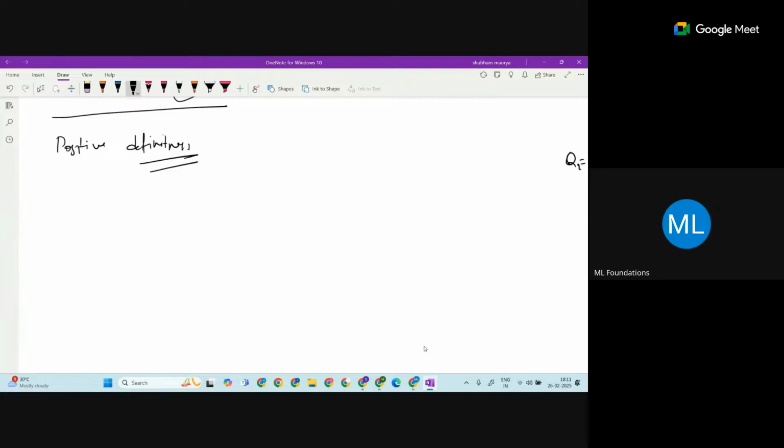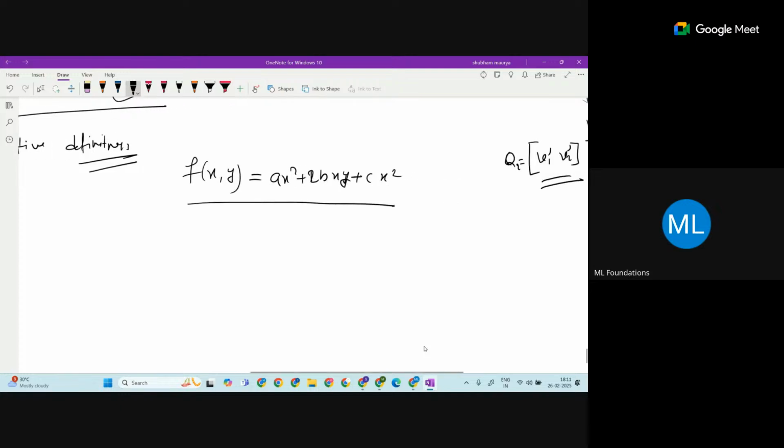Suppose we think only of the case ax square plus 2bxy plus cy square. We'll get the idea from here. Suppose you have this function. We'll say this function is positive definite